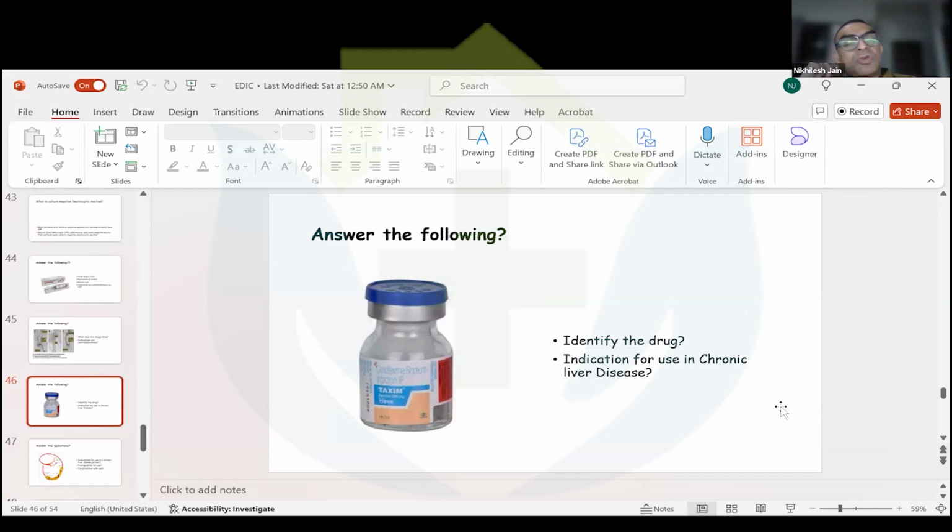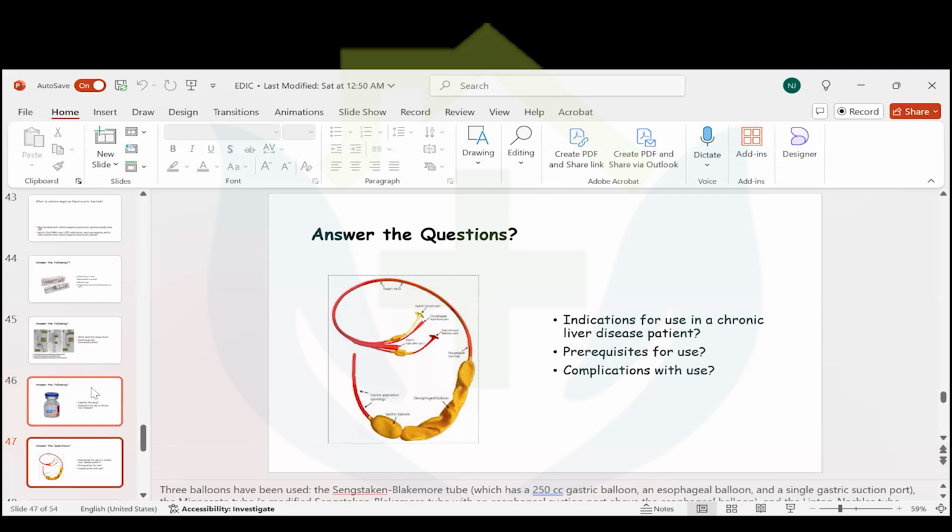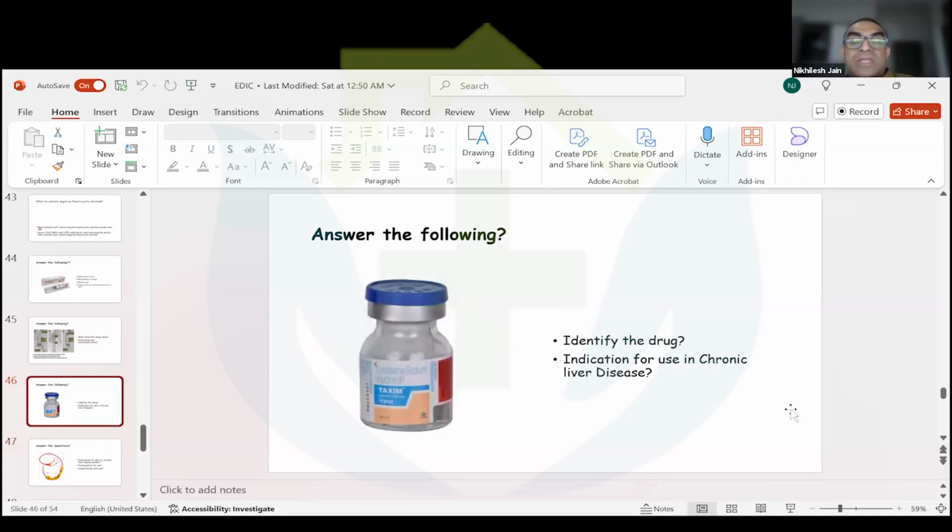What would be the indication for use? Spontaneous bacterial peritonitis. But which patients? In Child-Pugh... less than 7. Correct. So this looks easy. Again, what is this tube? Last question, what is the answer? Cefotaxime. This is cefotaxime actually.